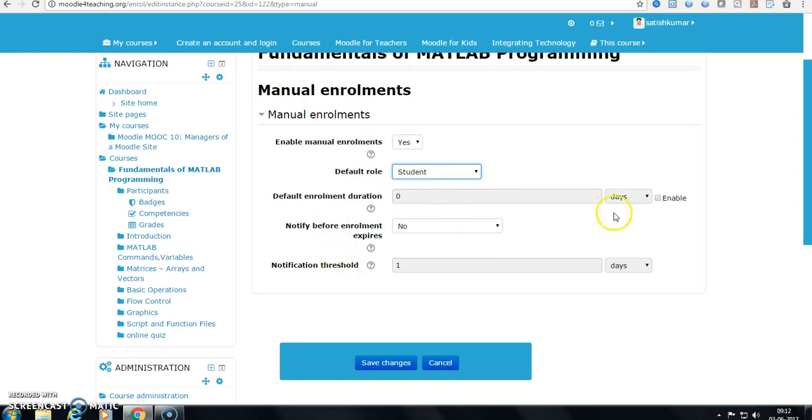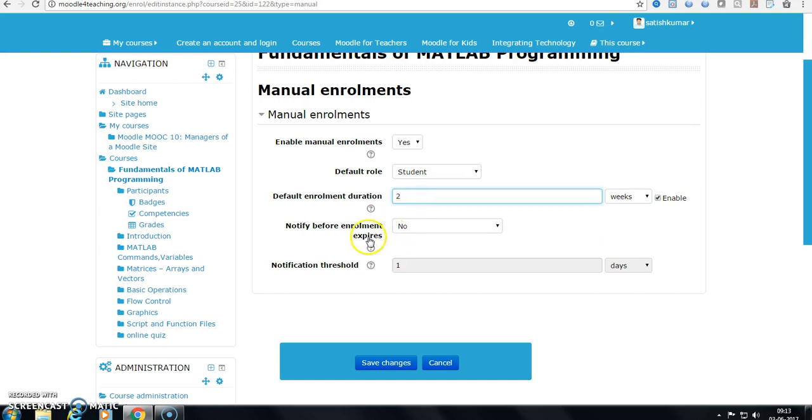The default role is student, and then the default enrollment duration. Since this is disabled at present, I am going to enable it. Here are the options available: the enrollment duration in weeks, days, hours, minutes, even seconds. I am choosing weeks, and giving 2 weeks.